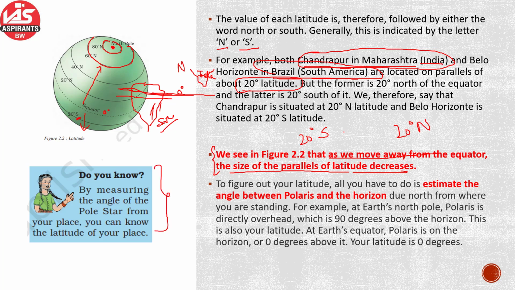Okay, now there was this interesting fact in the NCERT book that by measuring the angle of the pole star from your place you can know the latitude of your place. तो last time हमने pole star के बारे में पढ़ा था कि जो हमारी constellation है सप्तऋषि, उसके जो पॉइंटर स्टार्स हैं अगर हम उनसे स्ट्रेट डायरेक्शन में देखते हैं then we can find the pole star. Now this one says that if we measure the angle of the pole star we can know the latitude of